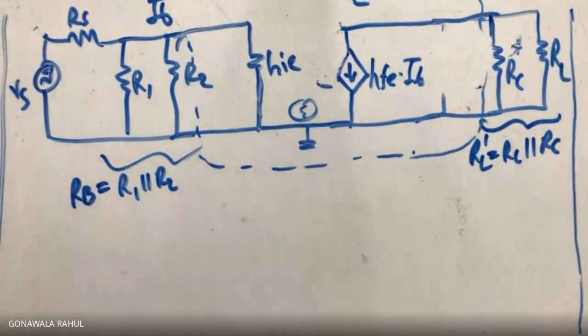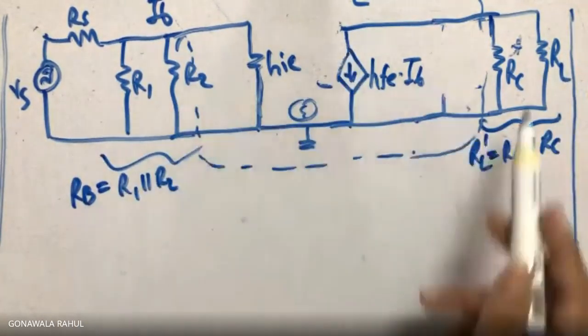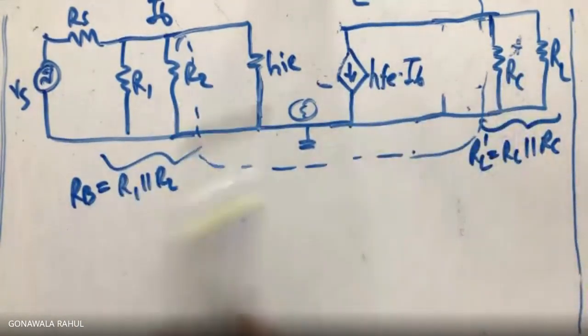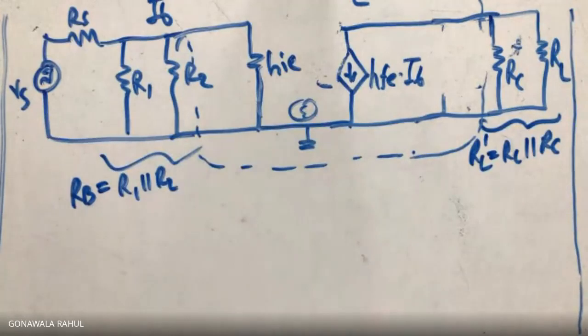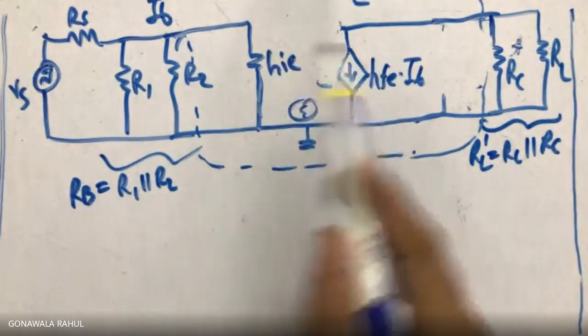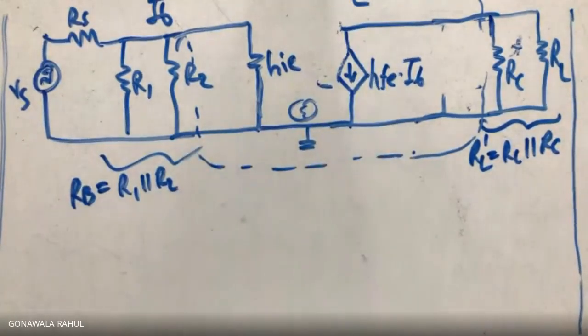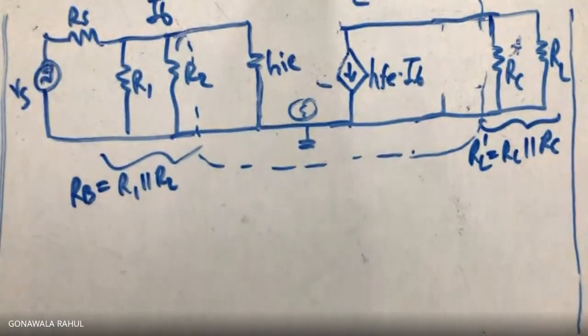Step number 2 is completed. We now have a circuit where we do not have the transistor. We have taken the circuit of the common emitter amplifier, found the AC equivalent circuit, then replaced the transistor by its equivalent hybrid parameter model. And now we are moving further to find parameters like voltage gain, current gain, input impedance and output impedance.